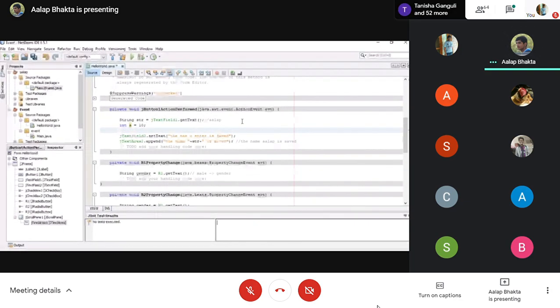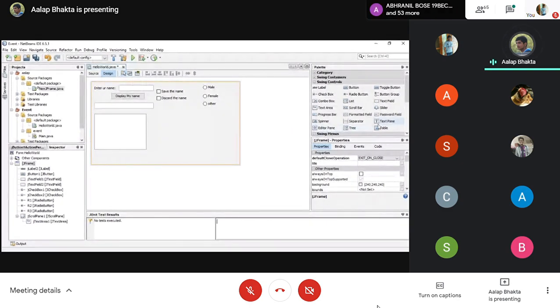If you want to add that also, you can just print the a value is plus a. So it will show the value of a is 10.